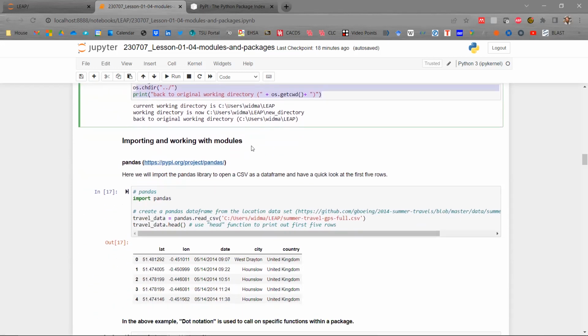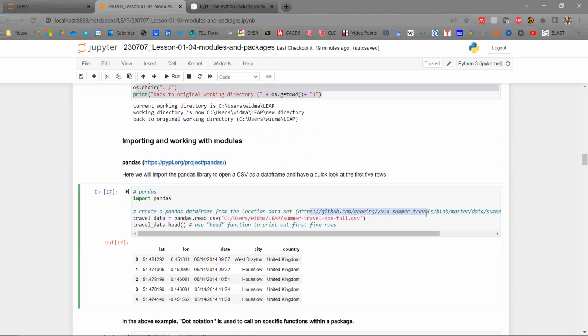So, importing and working with modules. Here we're going to demonstrate pandas. I downloaded this CSV file, comma separated values, which is a common file type for large data sets. First we import pandas, and then we want to create a variable travel data equals pandas